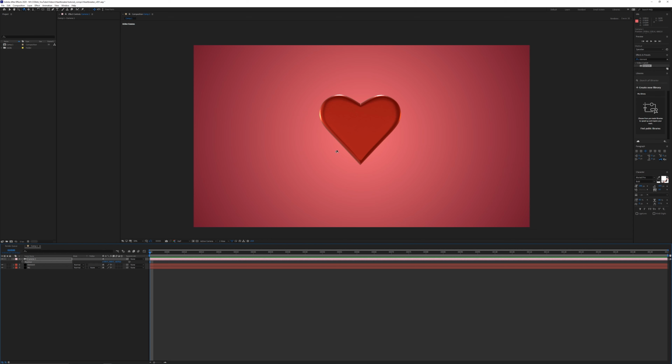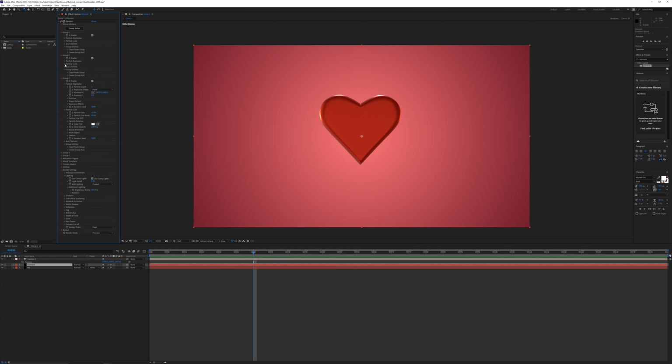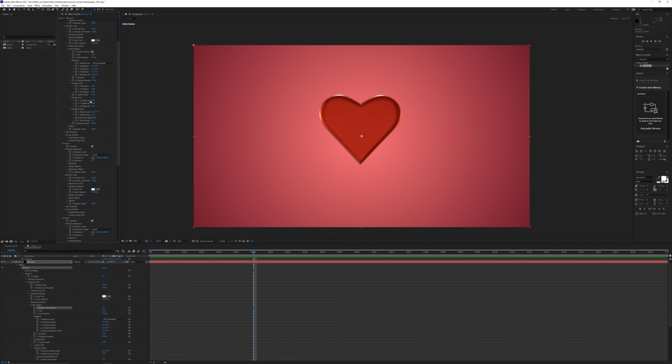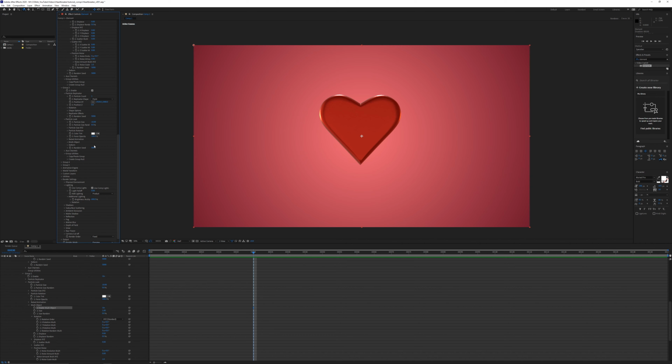So to start blocking out the animation, we're going to click on the element layer, and then we're going to need to open up those first 3 groups. So we're going to open up Particle Look and Particle Replicator for groups 1, 2, and 3. And for each of these, in Particle Look, we're going to open up Multi-Object and enable Multi-Object. This is going to open up an entire submenu, and this is going to be important when we want to affect the behavior of the individual pieces of geometry.